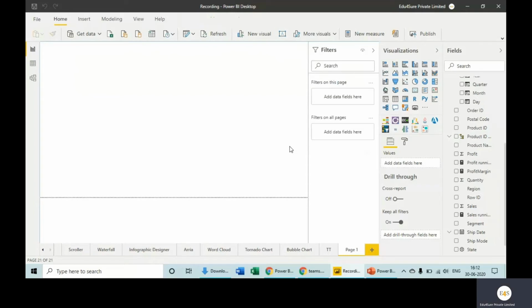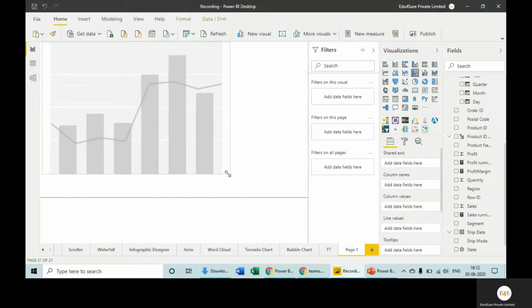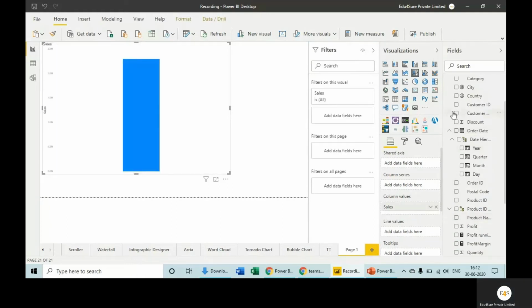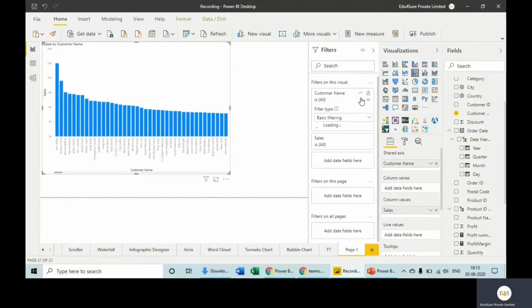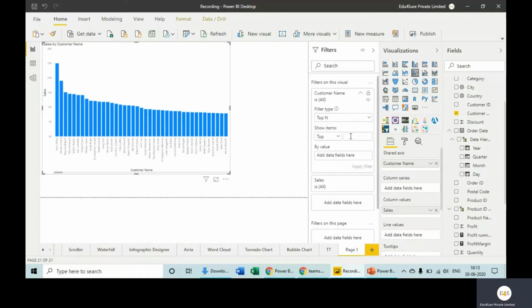How to show it in a visual? This is the next step. These are the charts. Basically, we are planning to use both the axes to plot it. This is line and stacked column chart. This is line and clustered column chart. So we will use this one. Increase it a bit. So what is the data we are planning to take? Sales, customer name. These are all the customers and their respective sales. First of all, put a filter for selecting the top 10 customers.